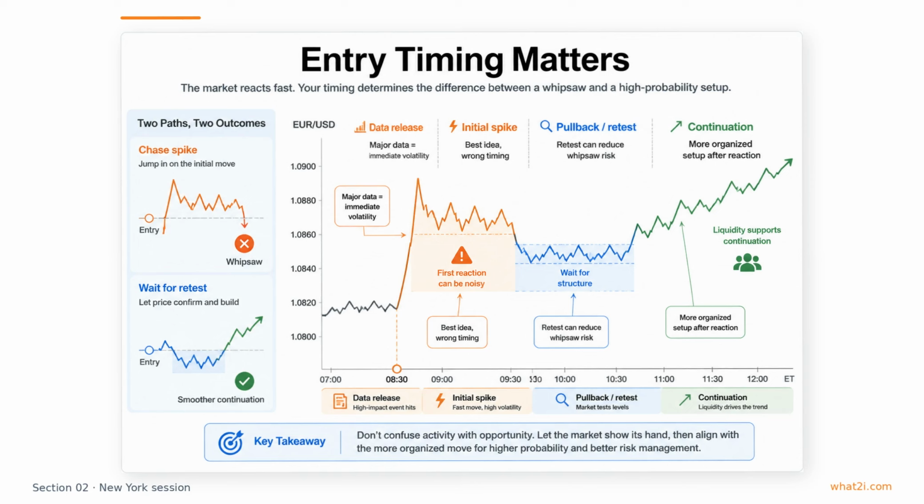In the New York morning, strong liquidity often helps the market continue after that pullback if the underlying news really changed expectations. So the idea is not just to predict direction, but to choose a moment when the trade is easier to manage. Good timing turns a correct view into a usable setup.